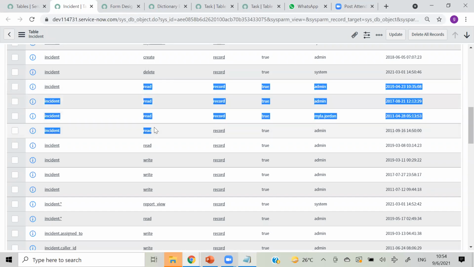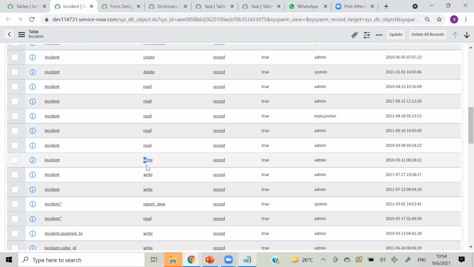In such a way we have different ACLs for the same read access. The same for write access, we have different ACLs for who can write. We will see these ACLs in detail. We will have 2 or 3 classes particularly for ACL, because ACL is an important concept and it is a 100% compulsory topic for interviews.